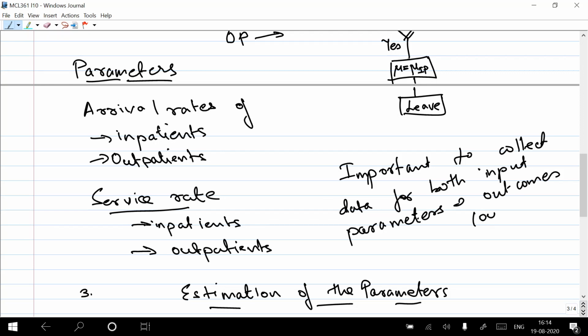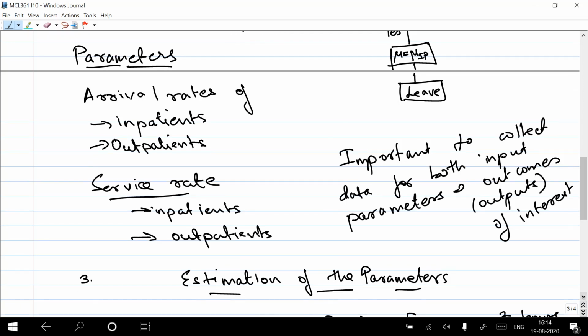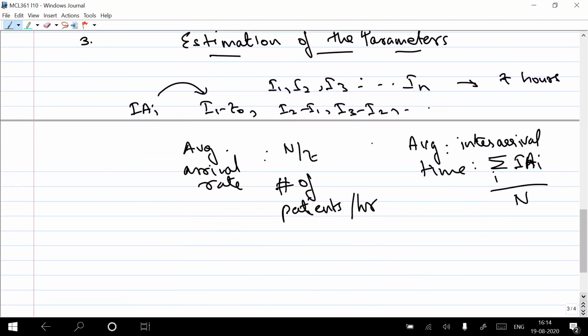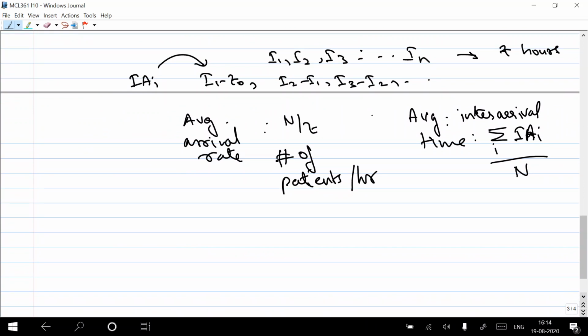Outcomes or output, key outputs of interest or outcomes of interest. All right. Okay. So we talked about estimation of input parameters. All right. Next,